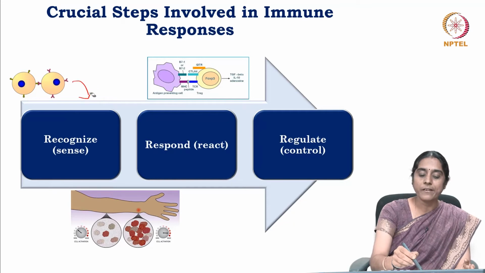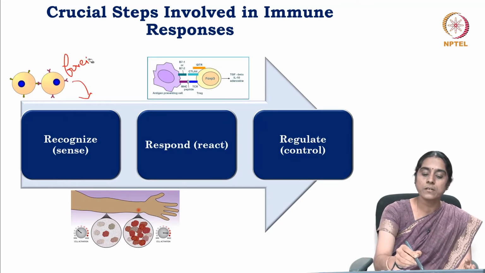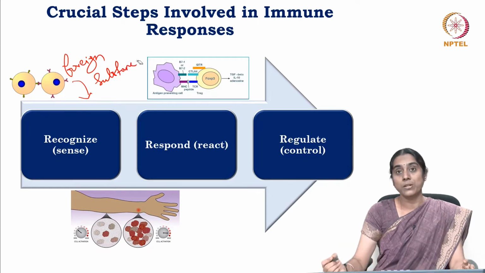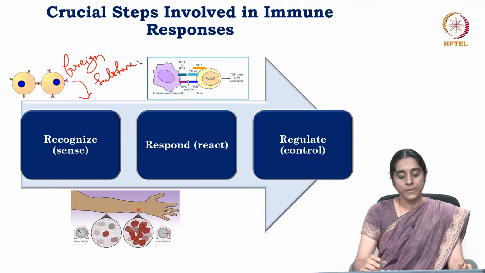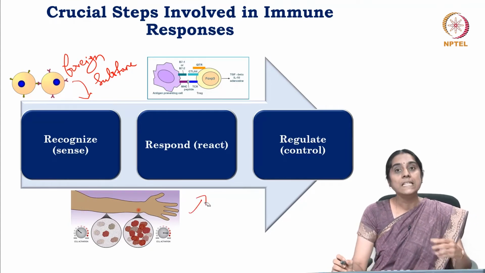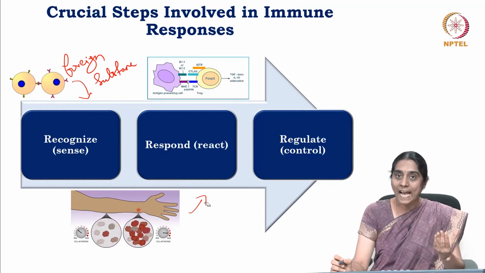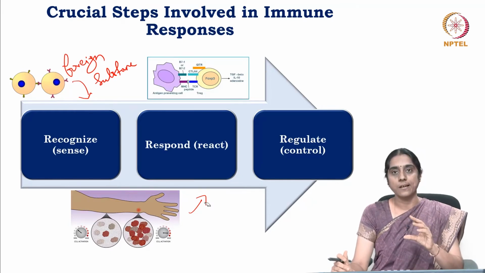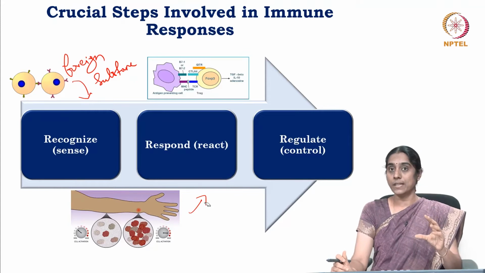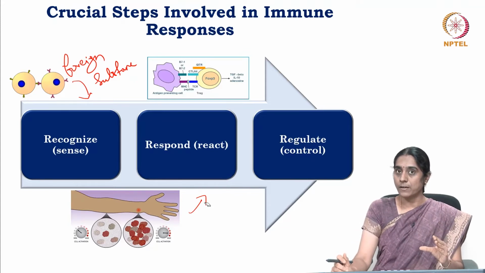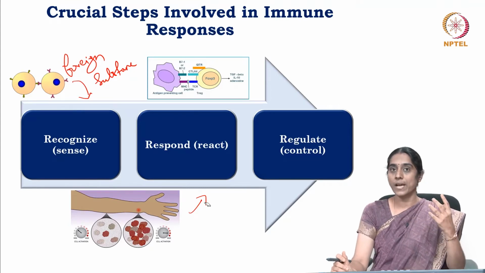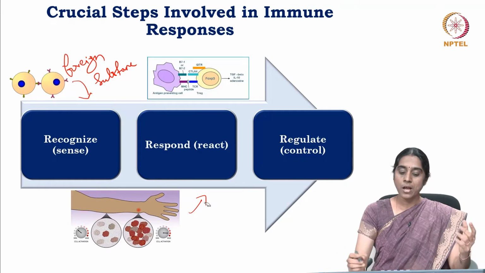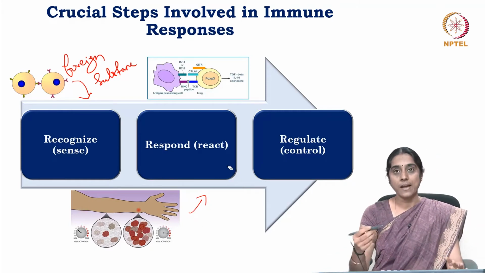So first, it is the recognition of the foreign substance, right, by means of some receptors. So that is the first step. The second step is how the immune cell is going to react towards this sensing. Okay, I have recognized something foreign, how should I react? Whether I have to eliminate it immediately by means of engulfing it, or should I recruit some other specialized cell? So that is the thing that happens next.